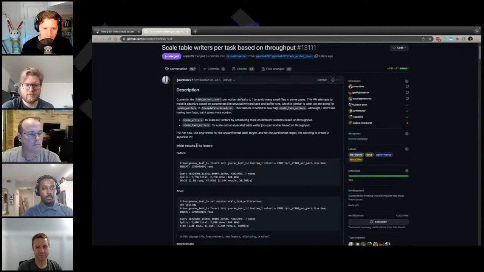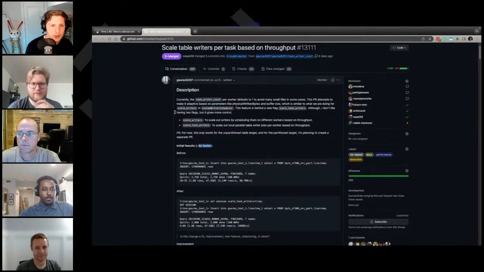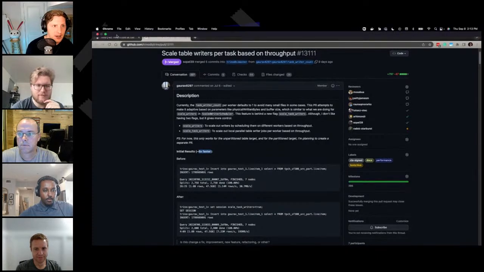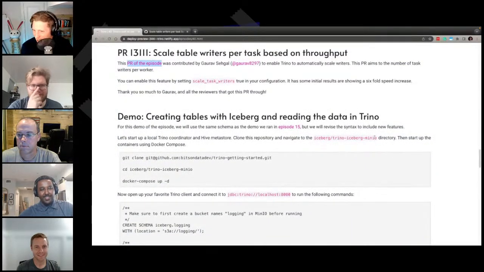And on average, we are seeing a 6x speed up for some initial results that we did with various tests. And so it's really going to be interesting to see what this looks like in practice. This isn't just for Iceberg either. This is for everything in Trino. So that is just super exciting. And wanted to thank Wara for bringing this in, and everybody who was doing the review for this. Anyways, anything on this, Cole?